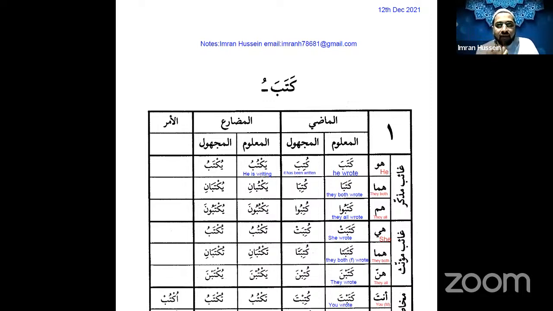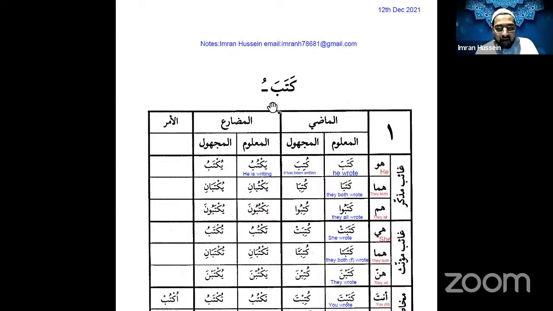Now, both ways are possible, but these are the ways. So fa'ala, and the fa itself will be called, because fa'ala is a verb as well, because we're talking about verbs, so anything which comes in the position of the fa, because it's verbs, we call it fa'ul fi'l. And if it's the middle letter, which is the ayn, has a fatha, we will call it aynul fi'l. If it comes in the last letter, we will call it lamul fi'l, because fa'ala are the 3 letters for the verb itself.